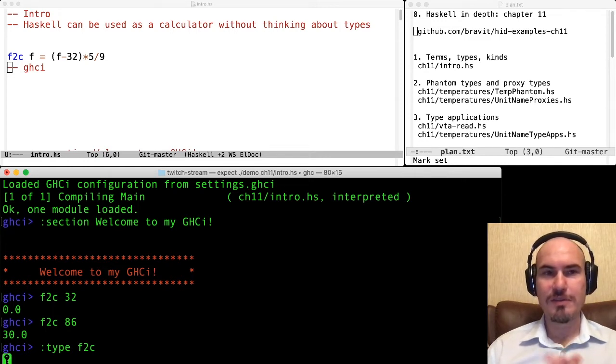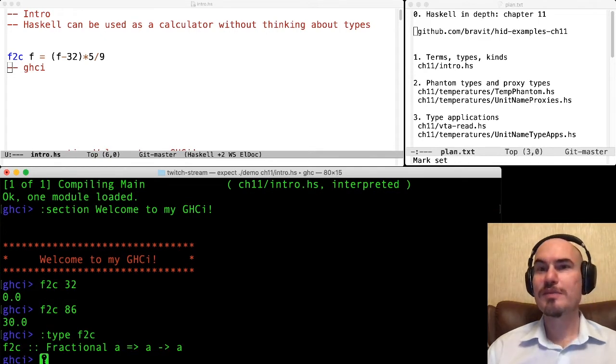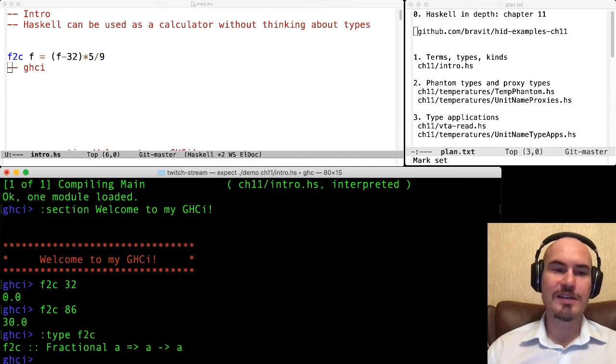We never mentioned it, but it was inferred. So this is type checking, type inference. Whenever we compile our code, we always have a type. And in this case, this is a function with this type: from type a to type a, where a is constrained by the type class Fractional.